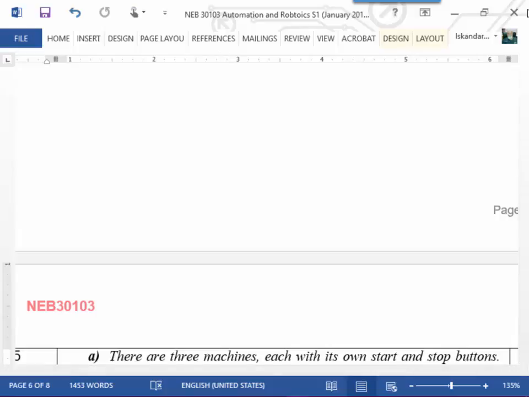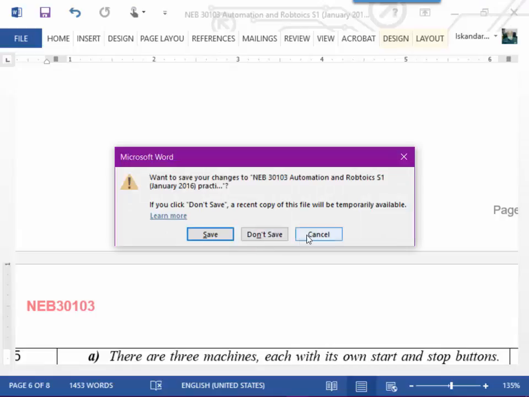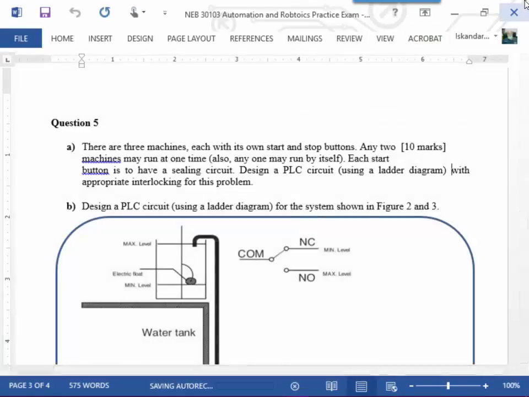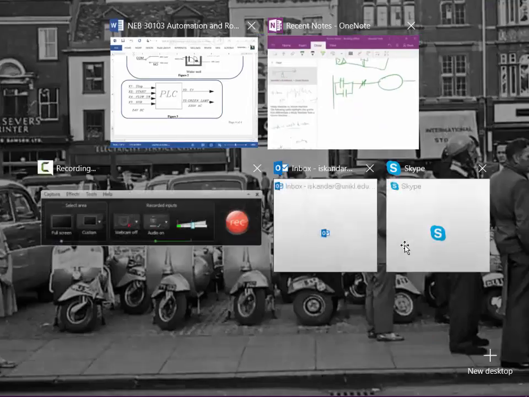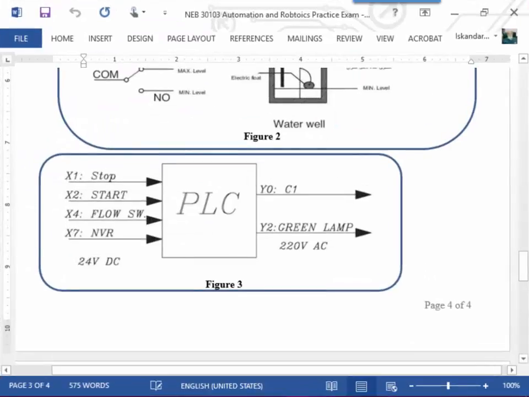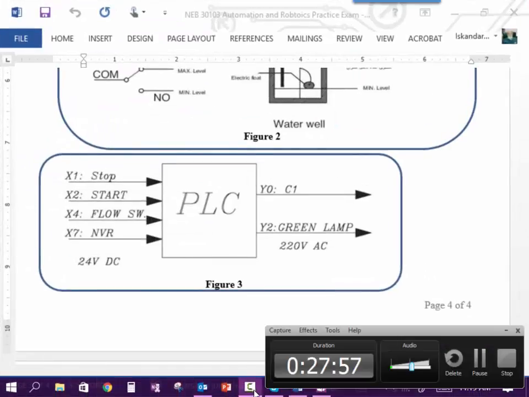So that's it. Unfortunately, yeah, this is the one that's on the final. So, okay, with that said,